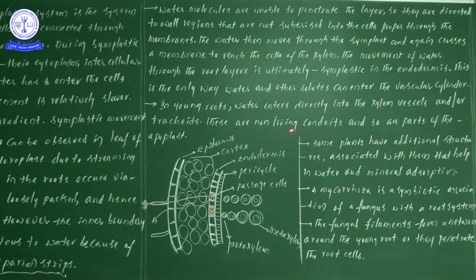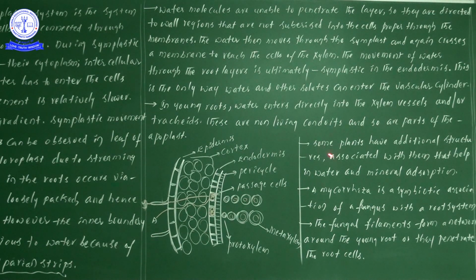Non-living means we already learned one point there: the cell wall is made up of lignin and there is no chance of the presence of cytoplasm. We have noticed this, try to remember. Next, these are not parts of the protoplast. So here, vessel members, xylem vessels as well as tracheids. Out of the two types of pathways, the type of pathway we notice is apoplast. Why? There is no chance of the presence of protoplasm or cytoplasm, so definitely the apoplastic pathway only must take place. So that is the diagrammatical explanation.